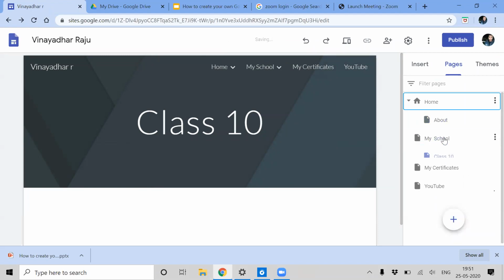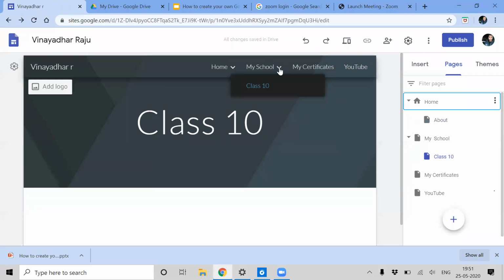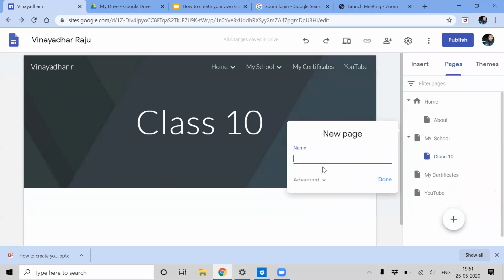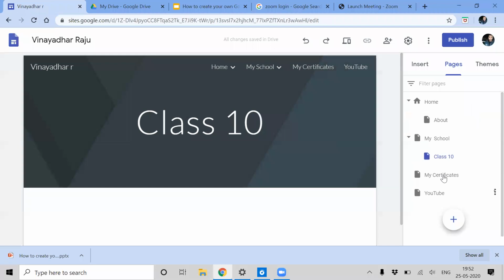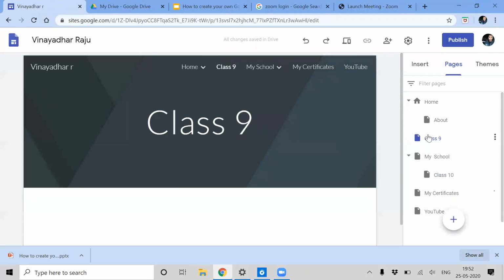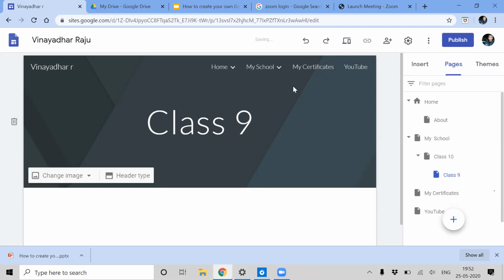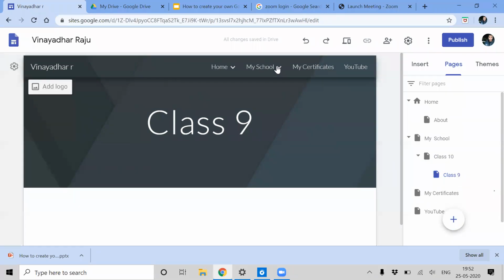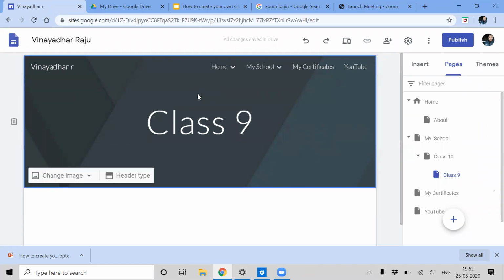So class 10 is under school. If you click school, you will find the class 10 page. Like that, class 9 is added. I want to keep this under my school. If you click class 10, there is a 9 in that. Like that, you can nest your pages.